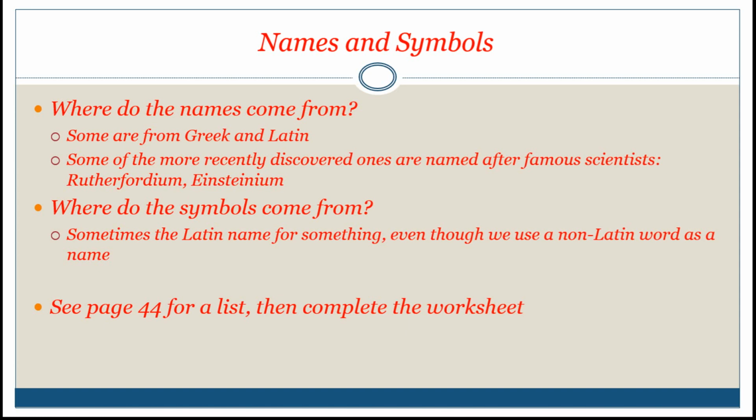So, back to our notes. Some are from Greek and Latin. Some of the more recent ones are named after famous scientists. So, Einsteinium is named after Albert Einstein. Rutherfordium is named after a scientist whose last name was Rutherford. Where do the symbols come from? Sometimes the Latin name for something, even though we use a non-Latin word as a name. For example,